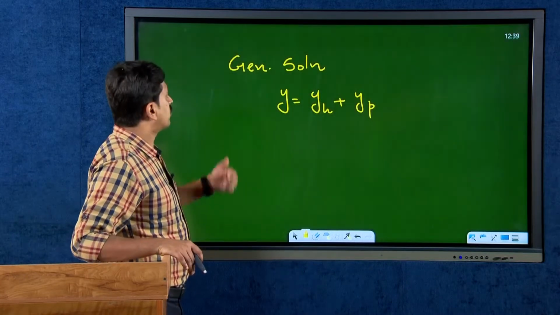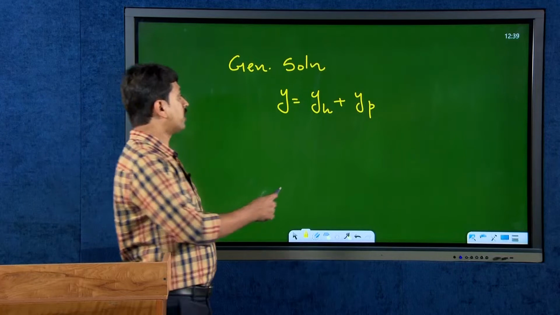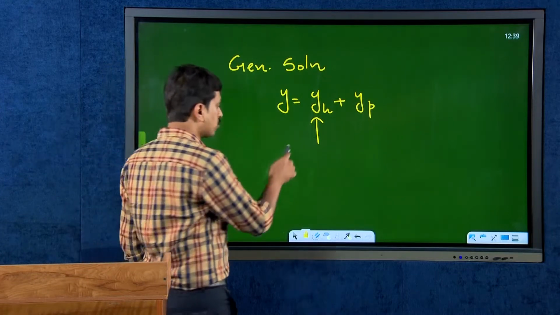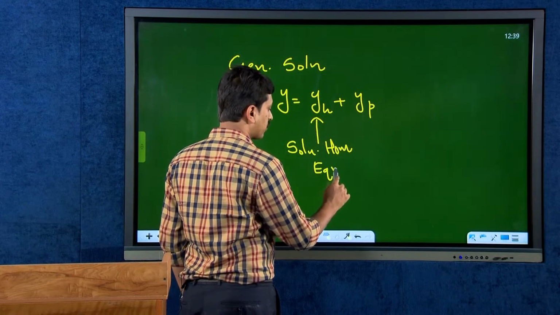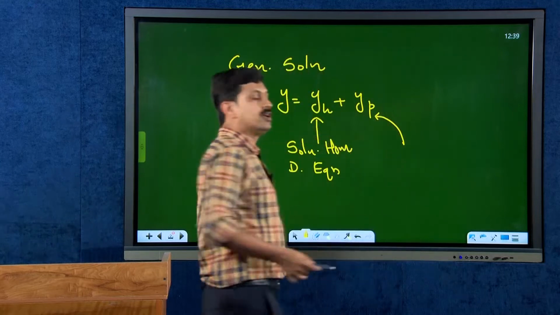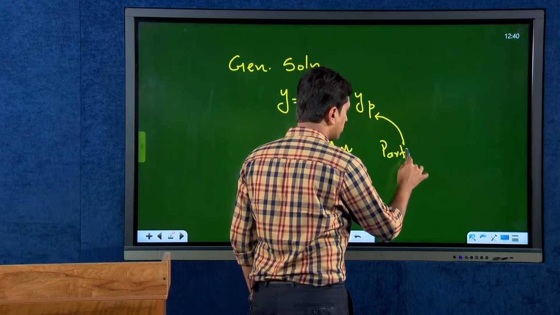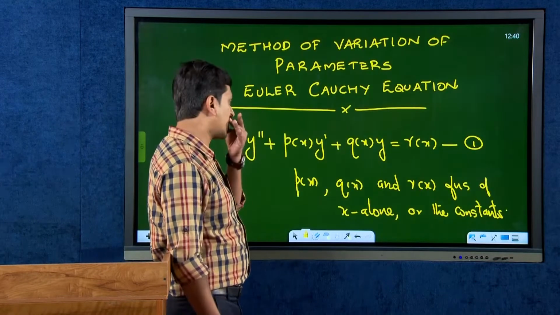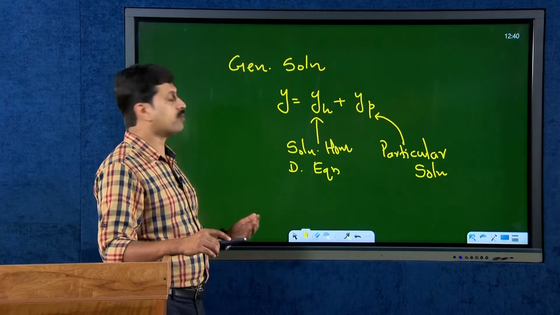This differential equation has the general solution y is equal to yh plus yp. Yh is the complementary function, that is the solution of the corresponding homogeneous differential equation. Dear friends, here we have another function, that is yp. The yp is a particular solution, a special solution that will exist for this differential equation 1, and we can find that particular solution by using the